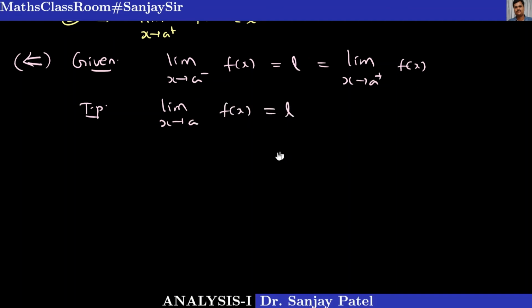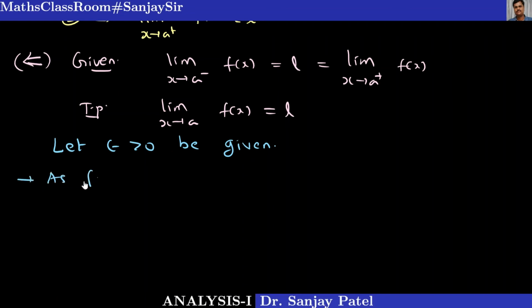So we'll use the definition, that epsilon delta condition, and show that this is true. That is, for any given epsilon there is some delta such that epsilon delta condition is satisfied. So let us start with epsilon greater than 0 be given. Okay. Now because of this,